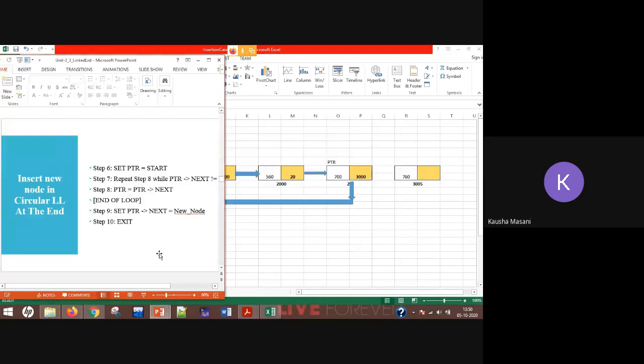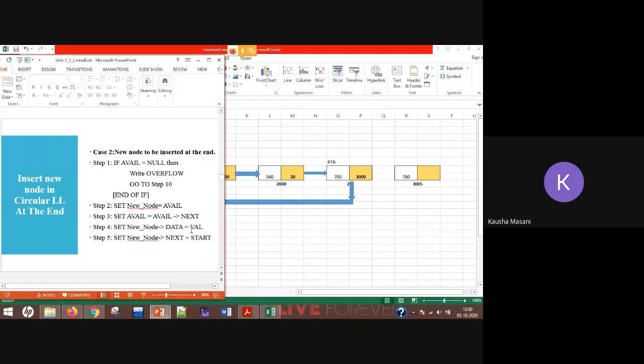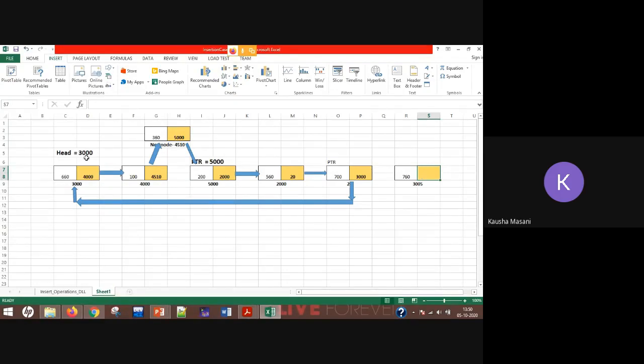Now according to my algorithm, new node data part I have given. New node next equal to start. What is the value of my start? 3000. Okay, so here I am going to give 3000 given. So what I did, I basically extended this position from here to here. Okay, this link got created.